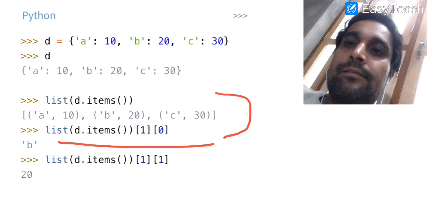Now our next and last function is the update function. What the update function basically does is merge a dictionary with another dictionary, or we can also use it with an iterable of key value pairs. If the key is not present, then the key value pair from the object is added to the dictionary.